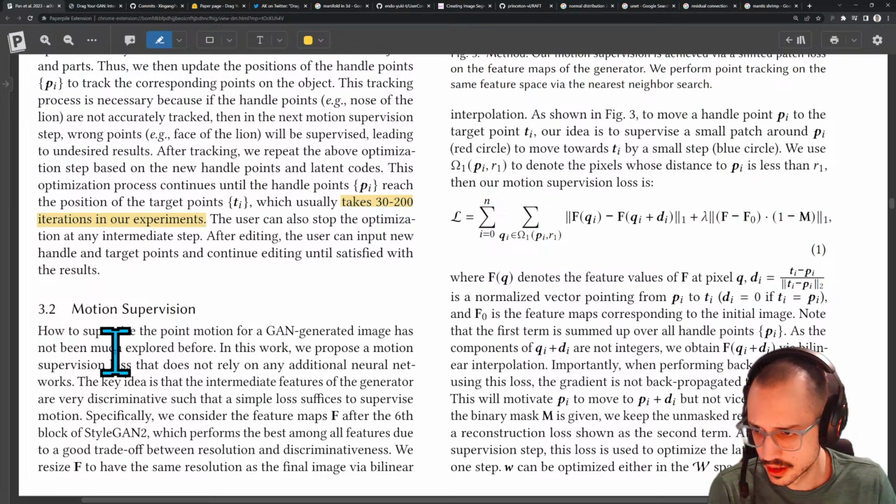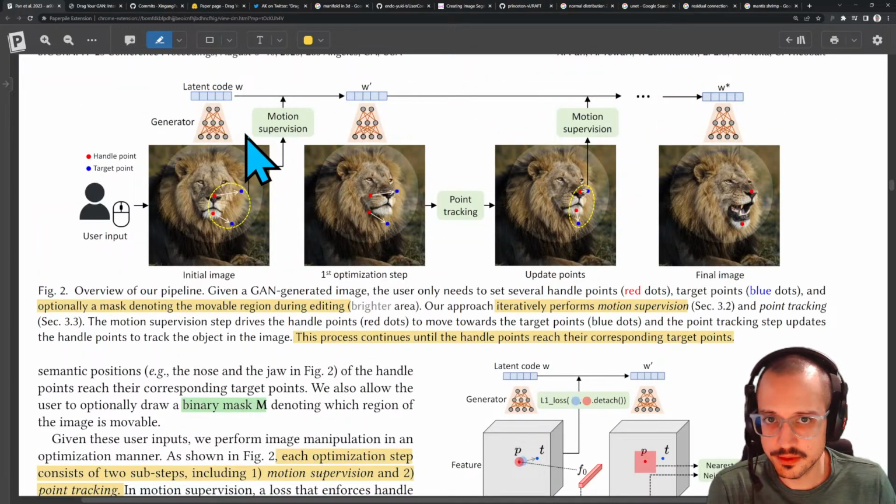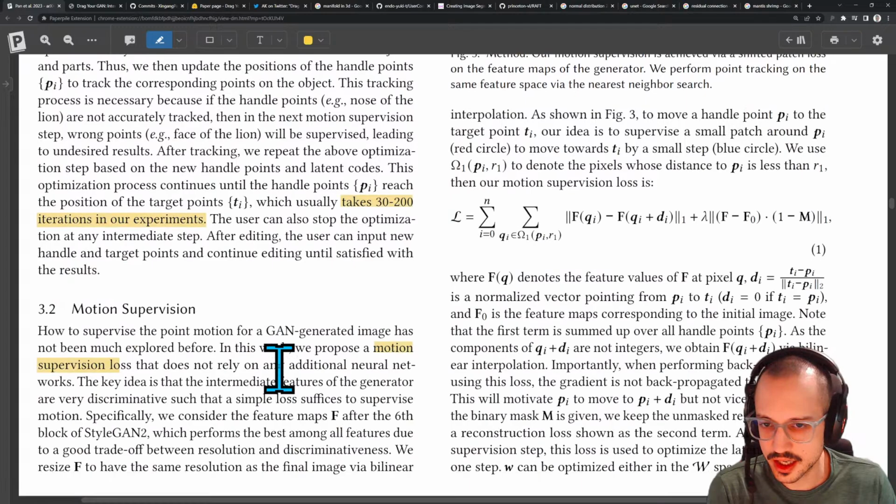Motion supervision. How to supervise the point motion for a GAN-generated image has not been much explored before. In this work, we propose a motion supervision loss that does not rely on any additional neural networks. Okay, so this motion supervision is not going to be using any kind of neural net, which is good because